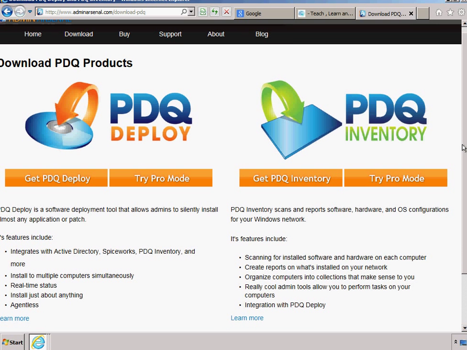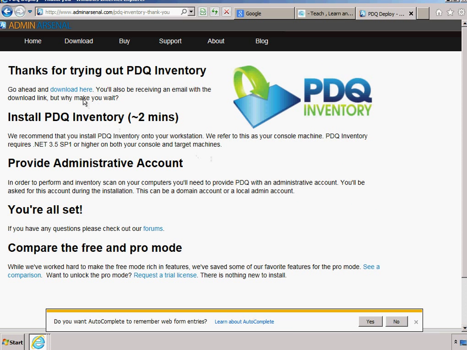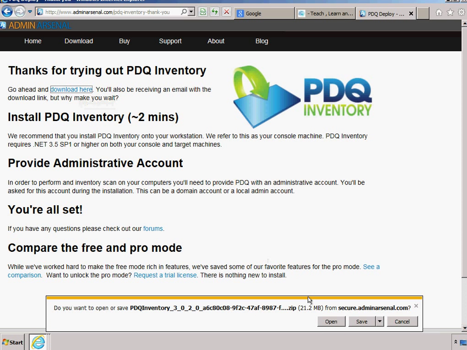We're gonna use those options and get you ready to know what inventory is. So what you do is you click on get inventory, and then you just type information. I'm just gonna put test JSS, and then you click on get PDQ Inventory. You go to your email, or you can click here, download here, and you start downloading the software, and you click open,